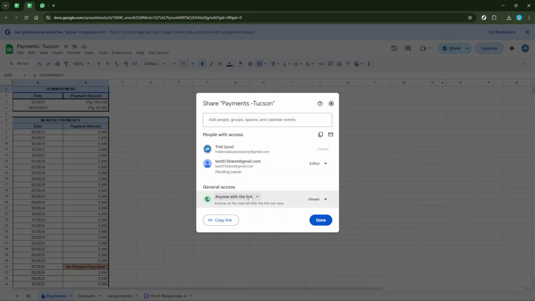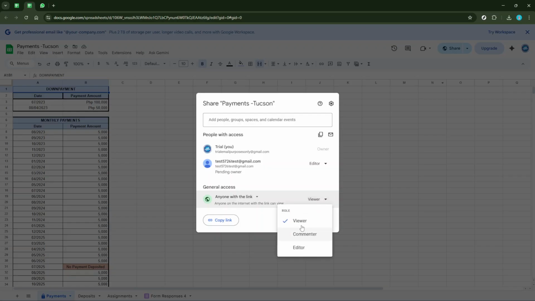Next, take a moment to ensure that your link settings align with your intentions. You have the option to adjust these settings so the recipient can either view or edit the document. This is a crucial step, especially if your aim is to collaborate with the person receiving the link. To do this, click on the Anyone with the Link drop-down menu and choose the appropriate setting. Whether it's Viewer, Commenter, or Editor, select what's best for your needs. All right, we're making great progress.